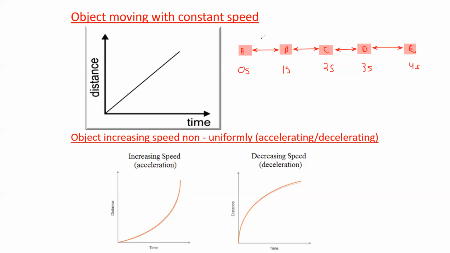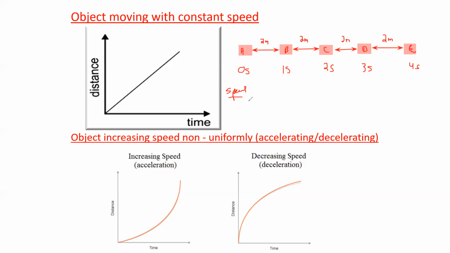The distance between A and B example is 2 meters. Distance between B and C is 2 meters. C and D also 2 meters. And D and E is also 2 meters. Now, what is the speed from A to B? When we calculate the speed of this object